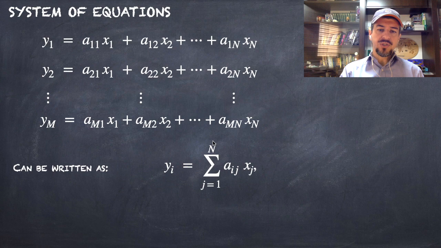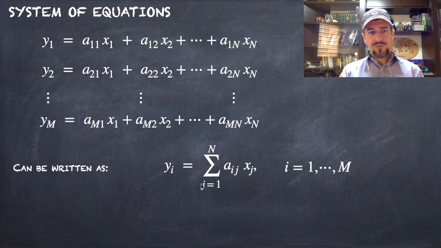Since this is the i-th equation, the first index of the coefficient is i, as for the variable y here. Of course, if we want the whole system of equations, then i must go from 1 up to m,